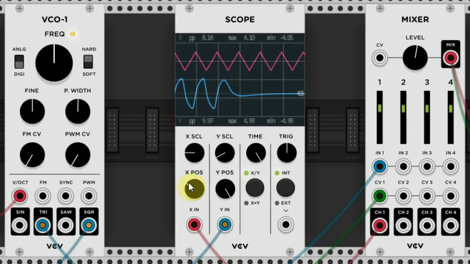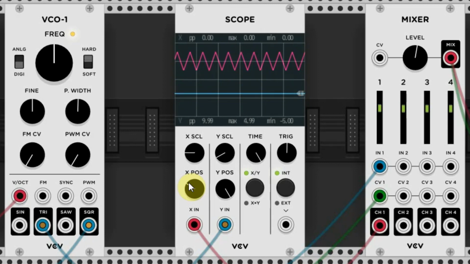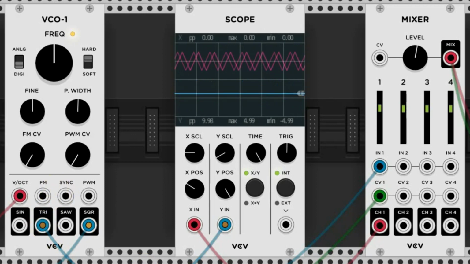For you it might be handy because without hearing anything you can still see there is a sound playing. So if you hear nothing, you might have to reconnect the modules. For us it's handy to show you the kinds of waveforms that come from the VCO oscillator or tone generator. Well, that's it for the scope module.